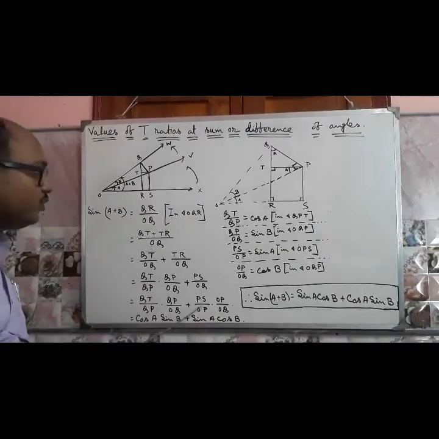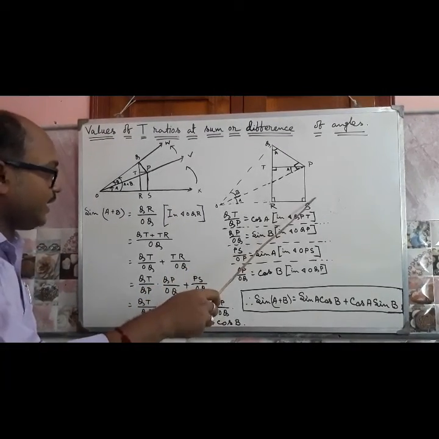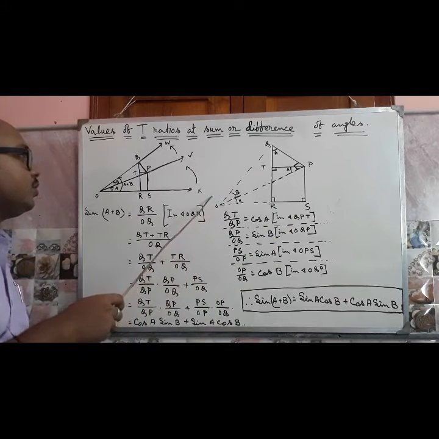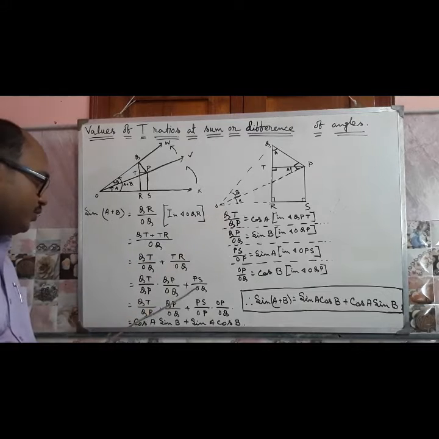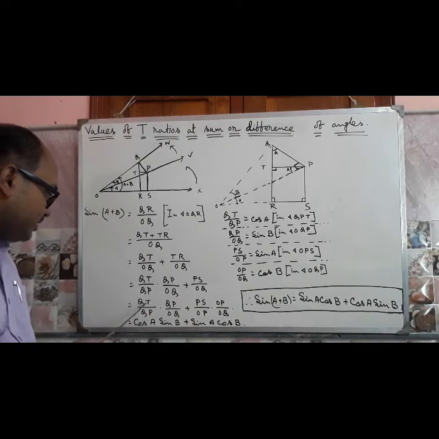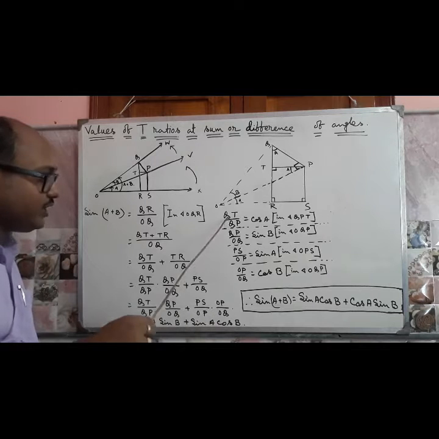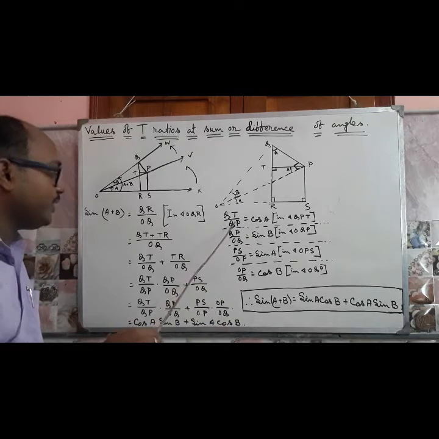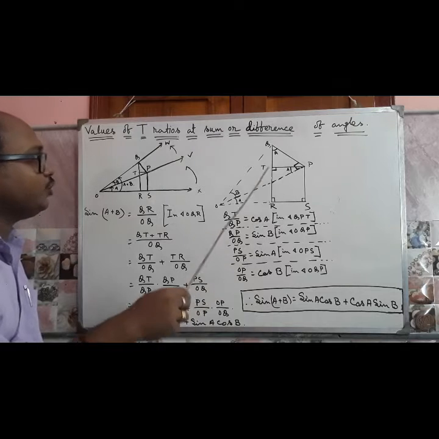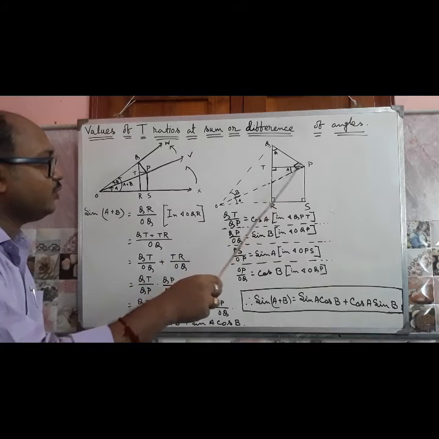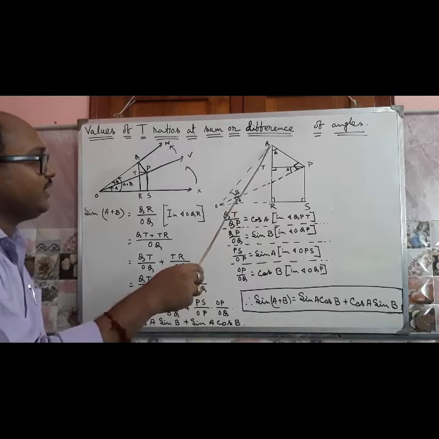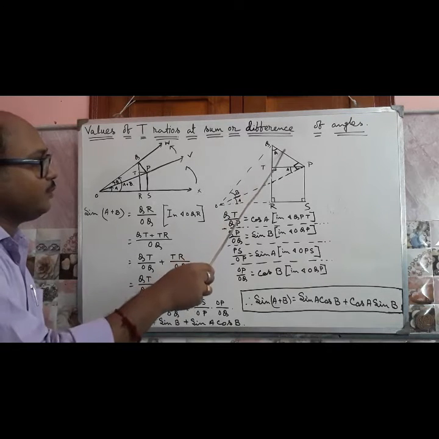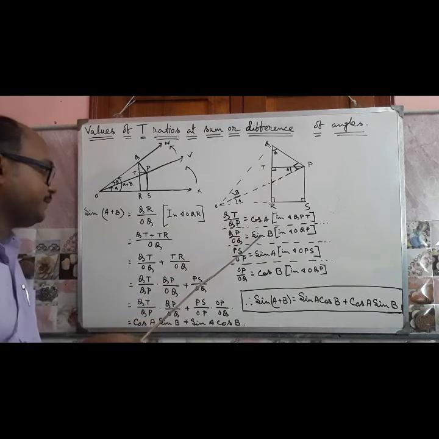And PS by OQ, you see this one is PS and OQ is this one, they also do not form any right triangle. So PS by OP into OP by OQ. Now you see QT by QP, QP by OQ, PS by OP and OP by OQ. All these values are written here. QT by QP means cos A. In triangle QPT, this is the angle A, so QT is the base and QP the hypotenuse, base by hypotenuse, that is cos A.